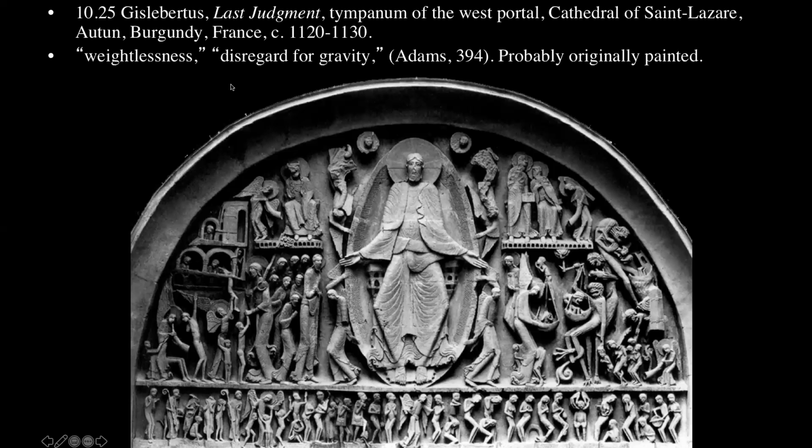So Adams talks about this piece and says it has a certain weightlessness and disregard for gravity. And again, if you want, you can pause and see, okay, what qualities in this artwork am I seeing that are like weightless or disregard for gravity? So you can do that and then start it up again. So some of the things that most students mention is that, again, his feet aren't on the ground. He's incredibly elongated. So it's almost like, again, taking off into the future, or off into the heavens. We see a lot of these figures are elongated as well.